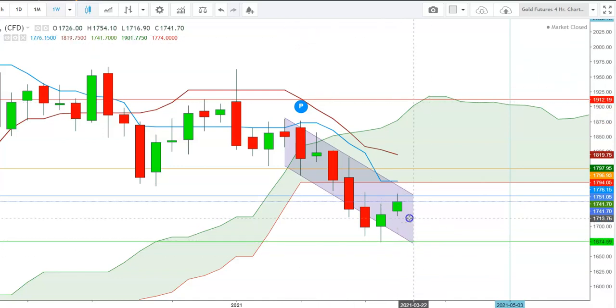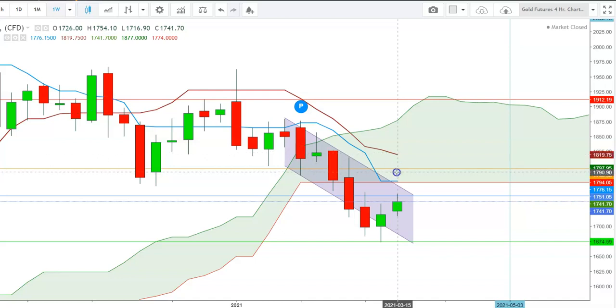So friends, here you can see how the gold futures are currently below the lower end of the Ichimoku cloud, which confirms the bearishness in gold futures, where I find that if the gold futures try to move upward, the level of $1755 will be the immediate resistance, and the next resistance for gold futures will be at the upper end of the Ichimoku cloud, which is at the levels of $1794, and the next resistance will be at the levels of $1796, and the final resistance will be at the 26 days moving average, which is currently at the levels